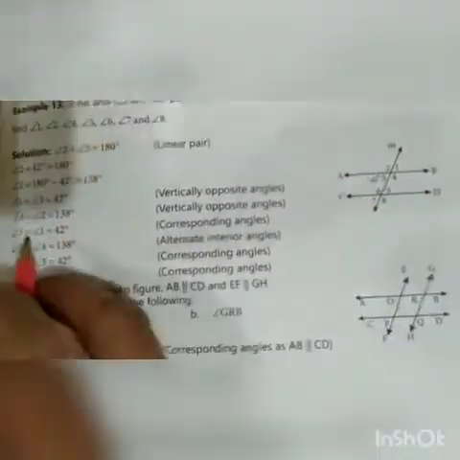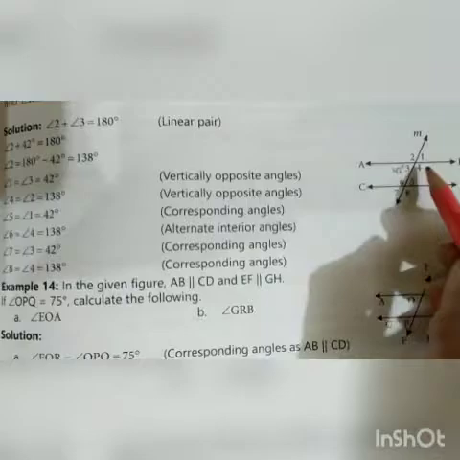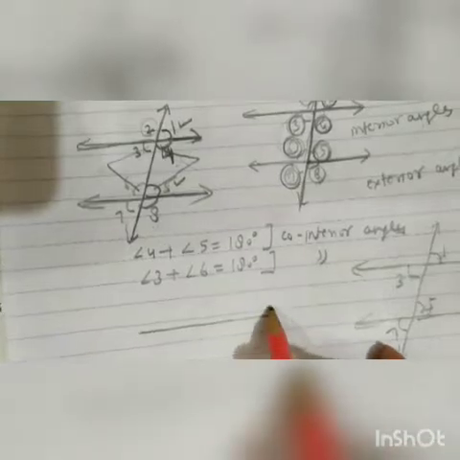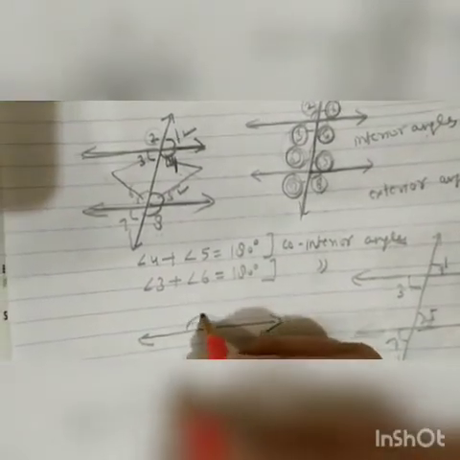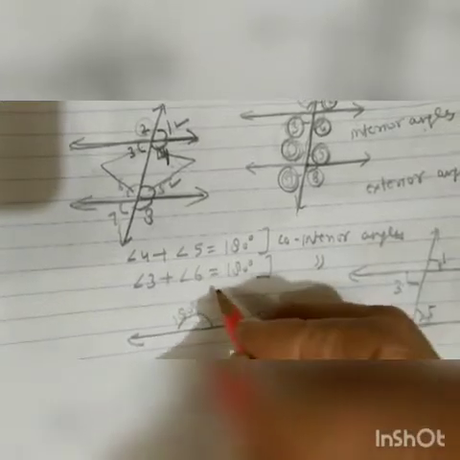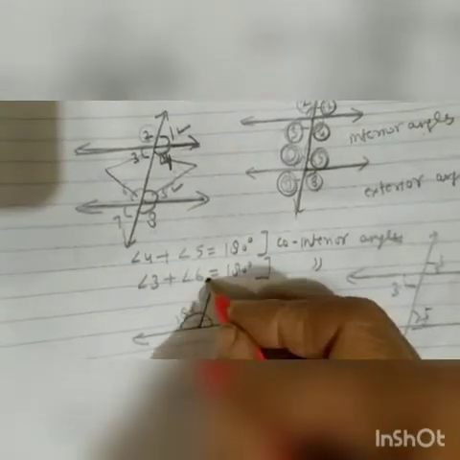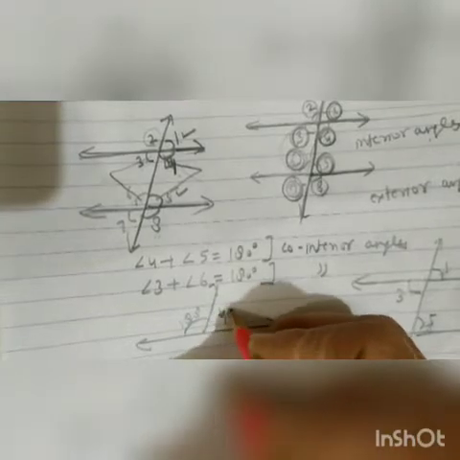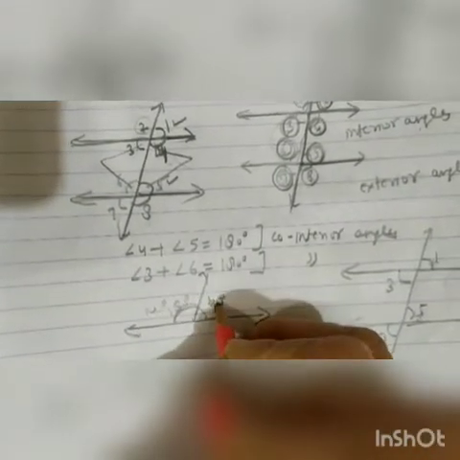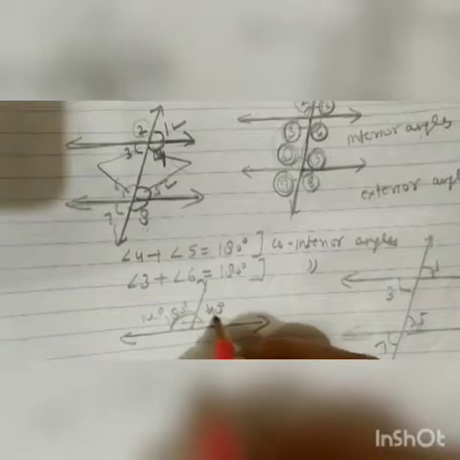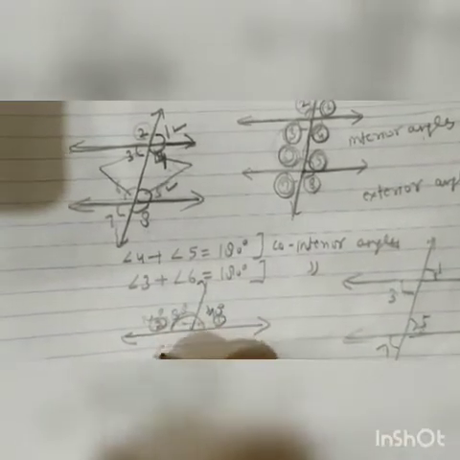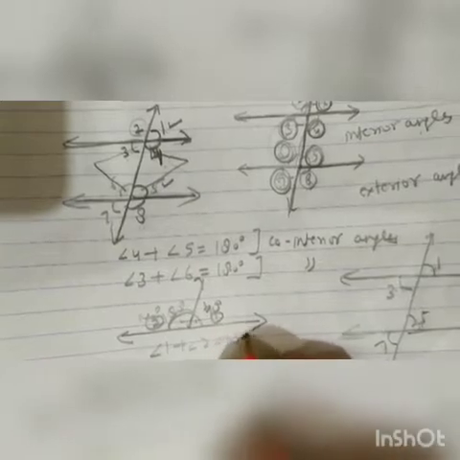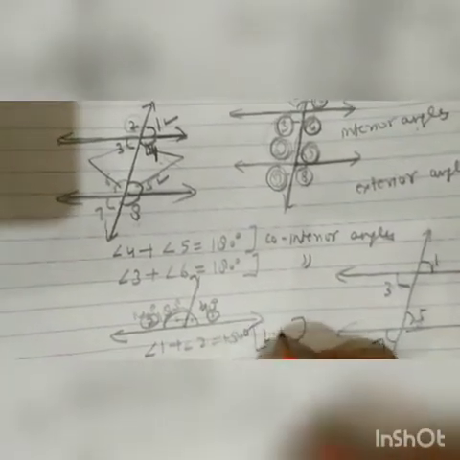Now first you see here, angle 2 plus angle 3 is equal to 180. Students, earlier I told you, suppose this is a straight line. Straight line angle is 180 degrees. If I divide it into two parts, this is suppose 40 degrees, then it will be 140 degrees, 180 minus 40, 140 degrees. But these two angles are known as a linear pair. Suppose this is angle 1 and this is angle 2. Angle 1 plus angle 2 is equal to 180 degrees and this is known as a linear pair.